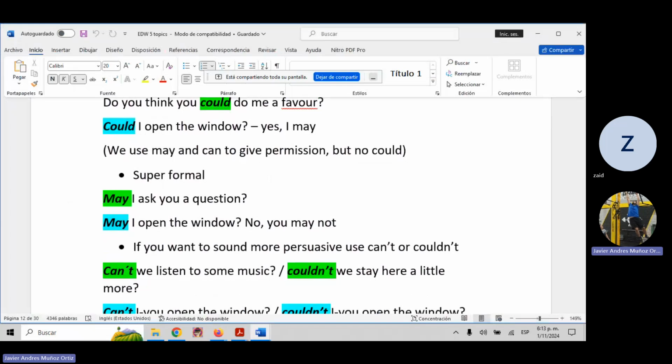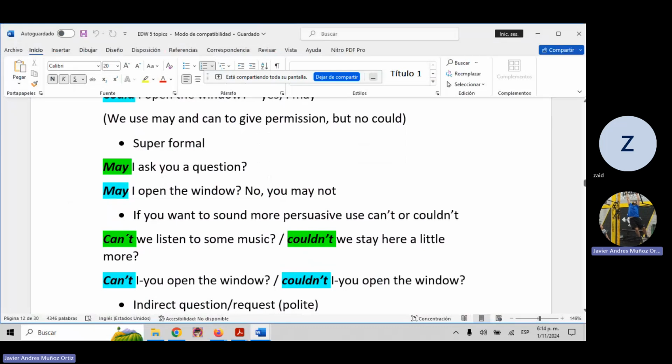In this case, for these kinds of situations, may is not going to be very common because English is a little informal, a little between neutral and informal. So when you want to be incredibly formal, it's for very specific situations, and this is not very common, in fact. But it exists. Or in this case, may I open the window? And once again,